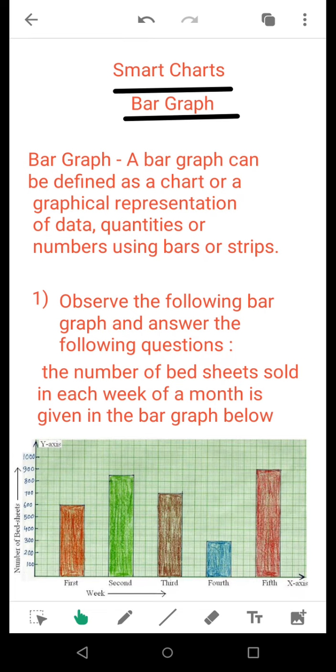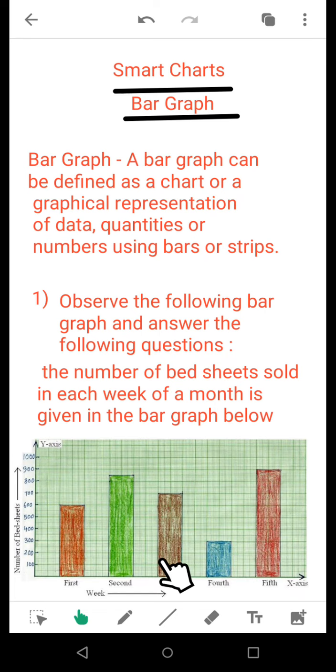Now, as you know, we are going to solve a bar graph based question. See students, while drawing a bar graph, we have to consider the two axes. The x-axis is along the horizontal, that is the sleeping line, and the y-axis is along the vertical, called the standing line, as you know till now. Along the horizontal part, one of the coordinates would be taken, and along the vertical line, another coordinate is to be taken.